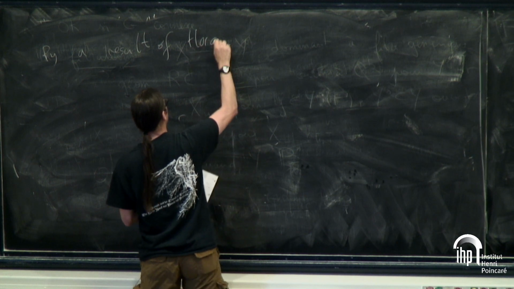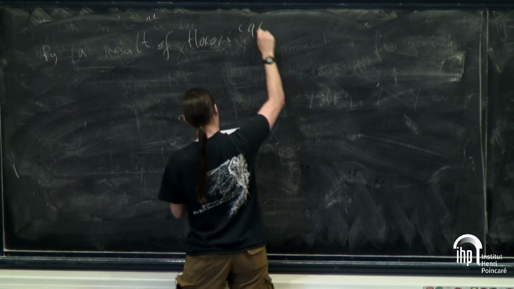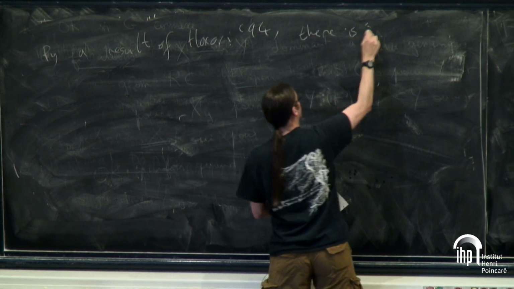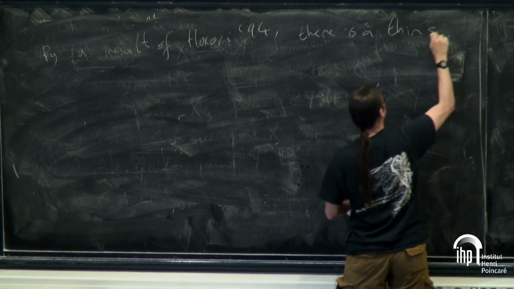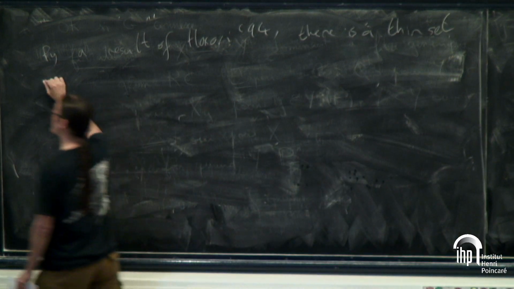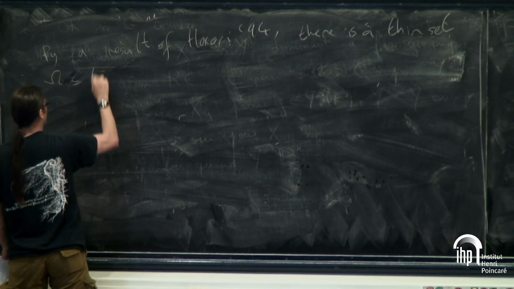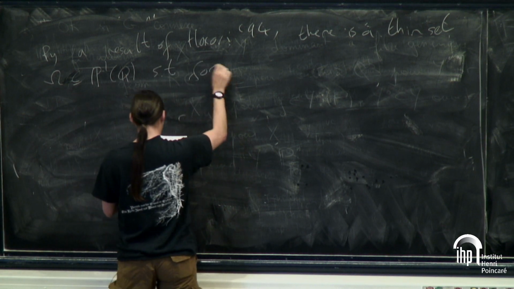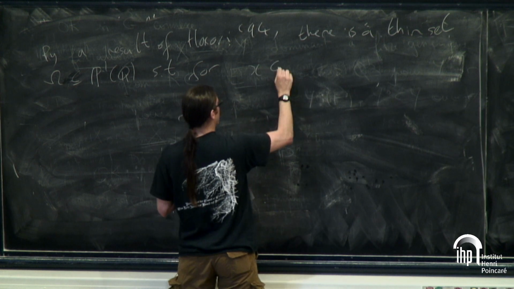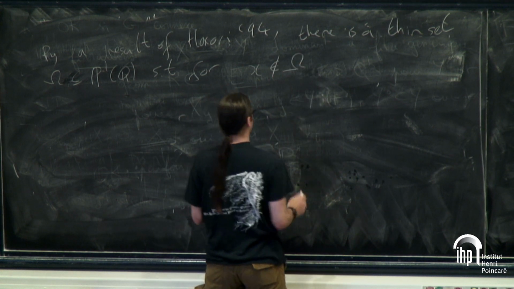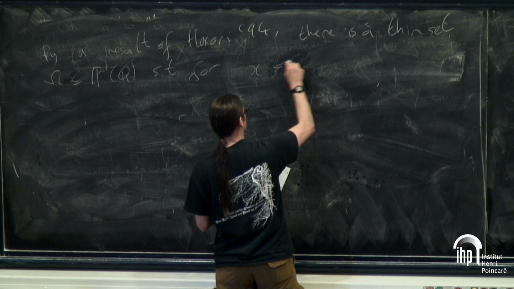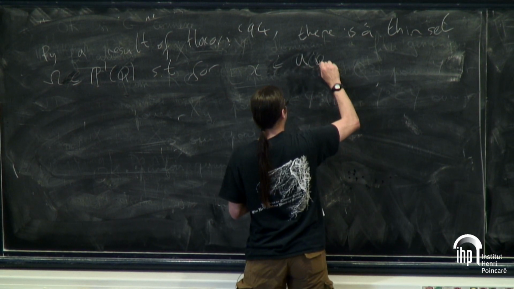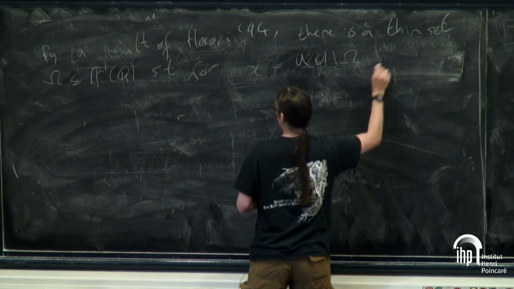There is a thin set omega in P1(Q) such that for points not in this thin set, where I want to make sure I'm lying in U at least where they're defined,